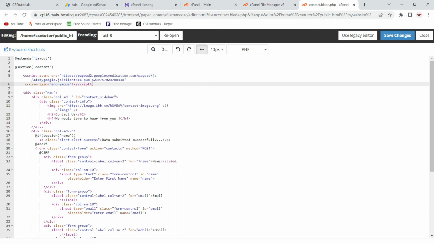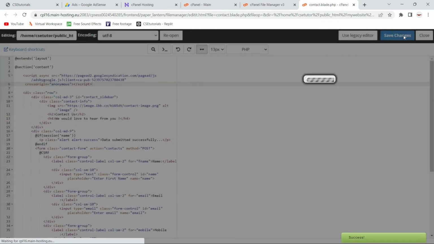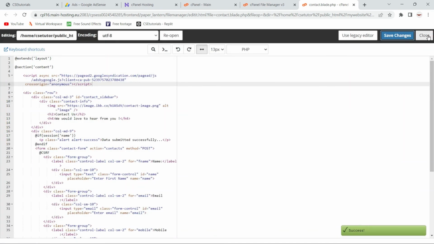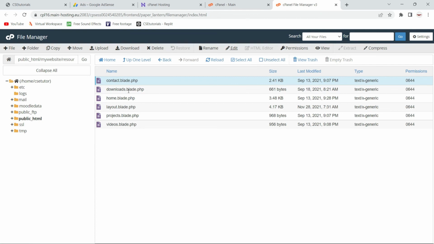If you have a head section on your web pages, just put it inside the head section, or you can put it anywhere. Okay, just paste the code here and click on save changes and close the file. So similarly I will do this for all pages. I will edit all the pages and paste the code in all the web pages.